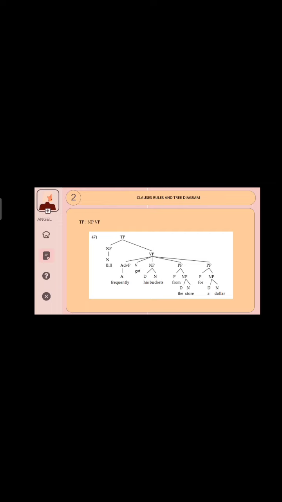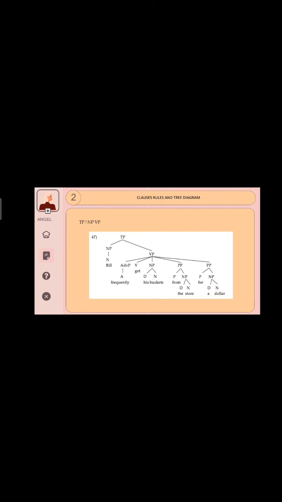So we should follow the rule of the verb phrase first, which is the VP, verb phrase, adverb phrase, and verb, and then noun phrase and prepositional phrase and more prepositional phrase. So we have the clause here, the sentence, Bill frequently got his bucket from the store for $1. So we have the tree here, the diagram, the tense phrase into